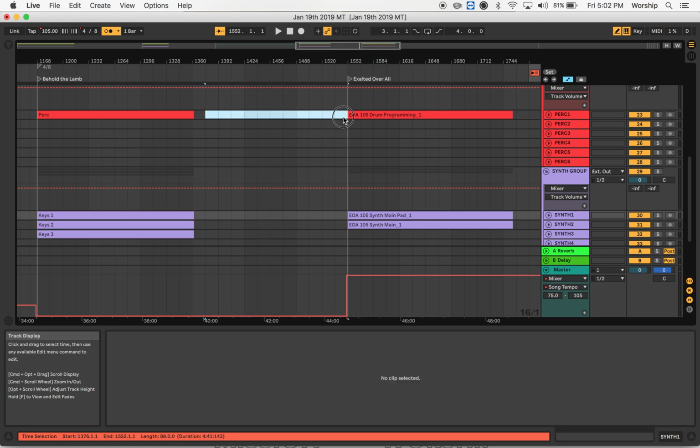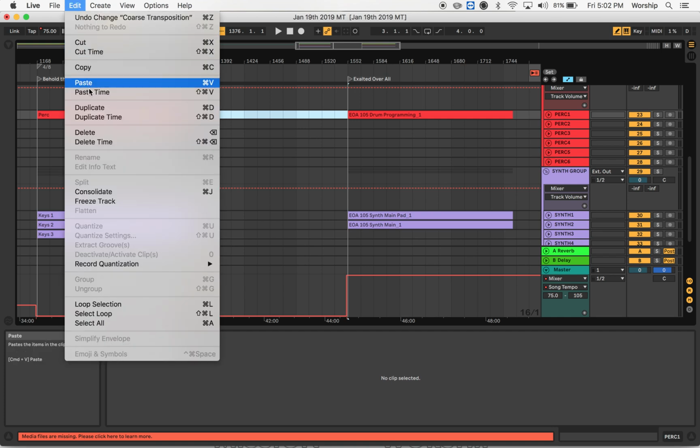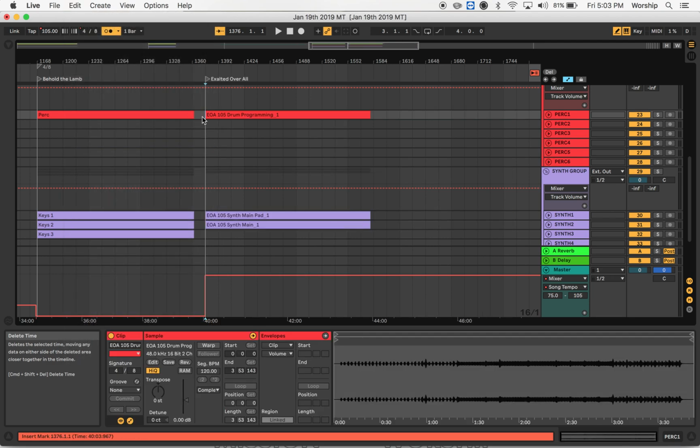So I'm just going to go here, and I'm going to press Shift Command Delete, and that's going to delete that space. And if you forget that, you can go up here to Edit, and what you're actually doing is delete time. You can see here that it says Shift Command Delete. So I'll just click that, and it deletes the time. You don't want to just hit delete, or else it's not going to do anything. It'll just delete something that's selected. You want to actually delete the time. So I'm going to delete the time, and you see it got rid of that time.